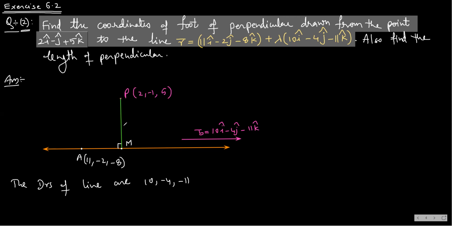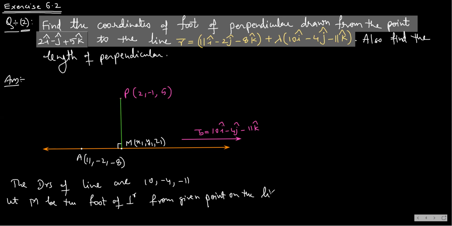And I will take M as x1, y1, z1. Okay, I'll write here. Let M be the foot of the perpendicular from the given point on the line. And M, I assume it to be x1, y1, z1. What I do next is